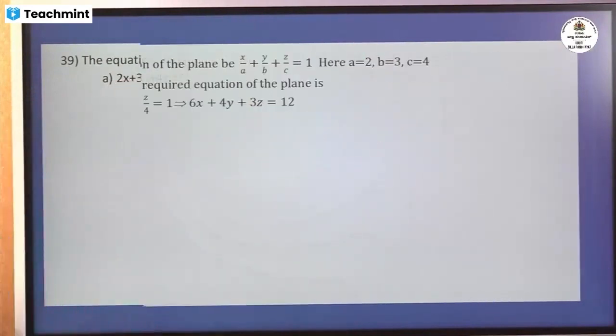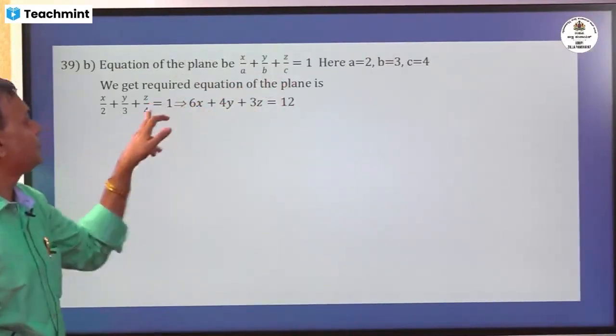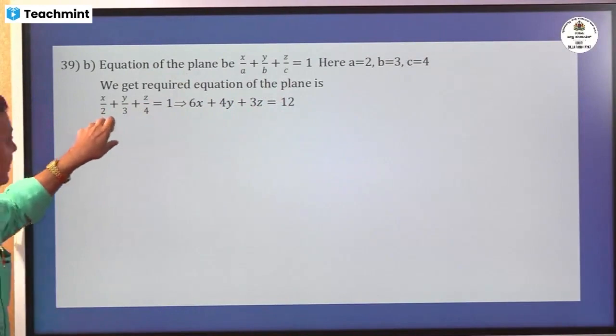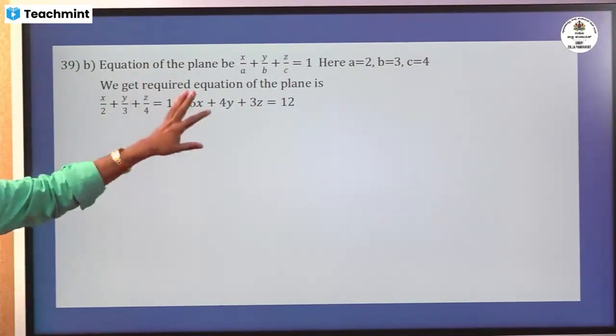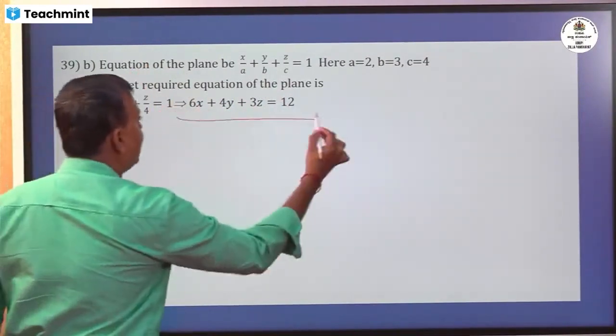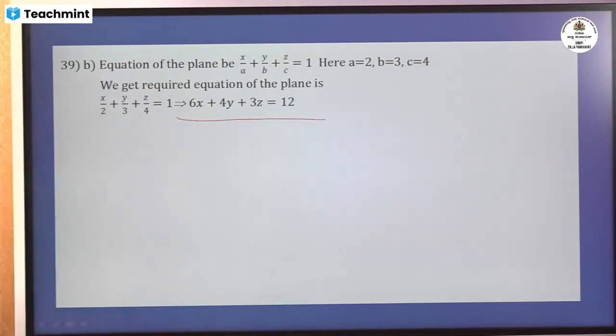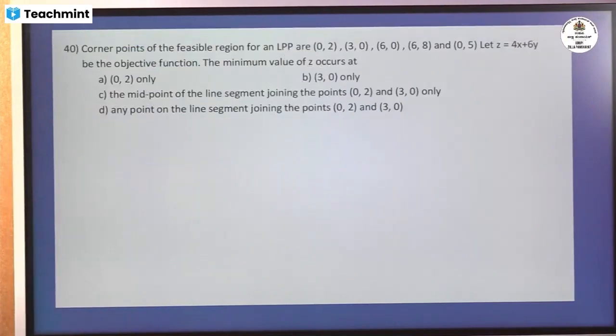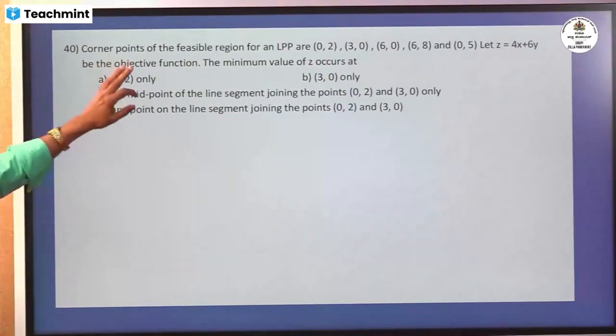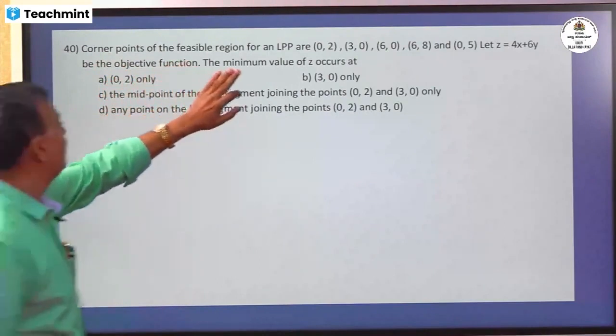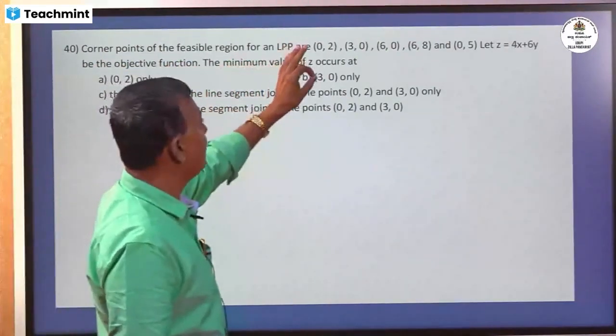So substitute and we get, and take the LCM. LCM is 12. We get the required answer 6x plus 4y plus 3z equal to 12. So the answer is B. Next question, the corner points of the feasible region for an LPP are